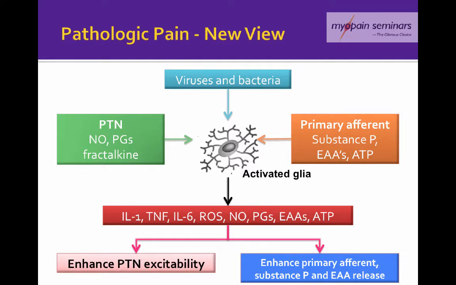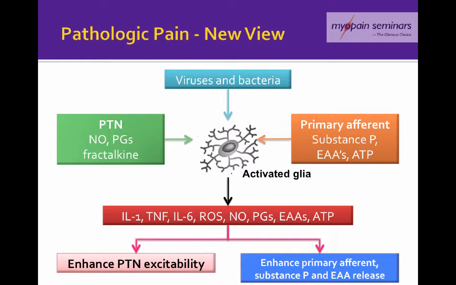When we do consider the role of glia cells, you'll see that it gets much more complicated. But there is now a lot of research that shows that glia cells are in fact a significant driving force for creating and maintaining these pathological pain states. So the role of glia is superimposed on the NMDA and nitric oxide driven neuronal changes we just discussed. But glia cells are activated by three main sources.